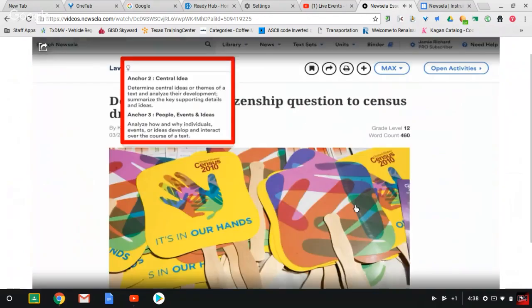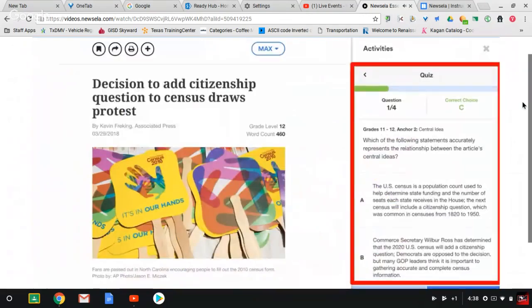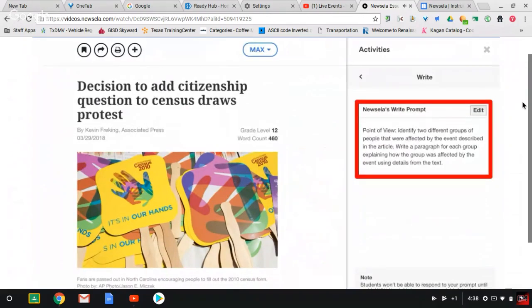And on top of being engaging, Newsela is curriculum aligned as well. Each article on Newsela is aligned to the Common Core Informational Text Standards. Students can take quizzes aligned to these anchor standards with everything they need. Teachers can also extend learning and create higher order thinking by customizing our Newsela Write prompt based on the unique